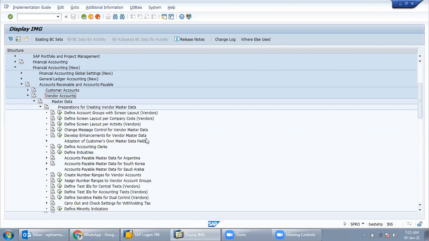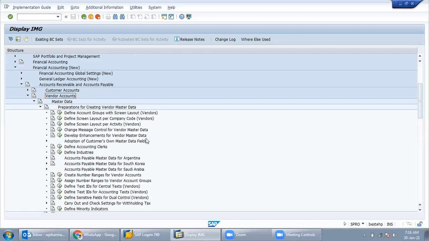Suppose we are manufacturing steel, and when we sell that steel, the finished goods, the person who has taken the goods from us is the customer. So anybody we buy from is a vendor for us, and anybody we sell something to is a customer for us.